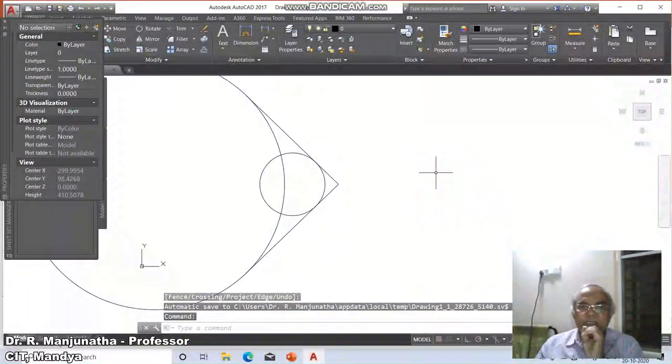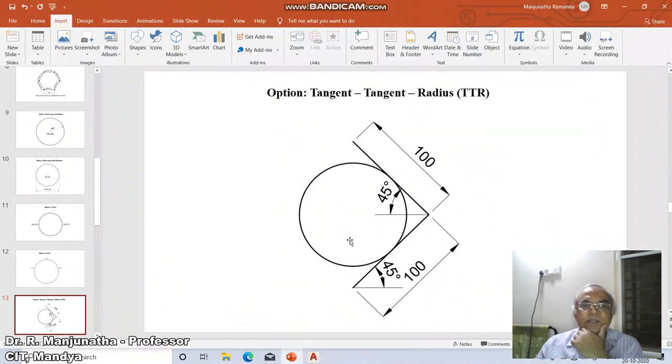So what it does is, first, it is going to draw as we would manually. If I consider the radius as 25 or 50, whatever has been given, first I draw a line parallel to this line at a distance of 50 mm, and again I draw a line parallel to this line at a distance of 50 mm.